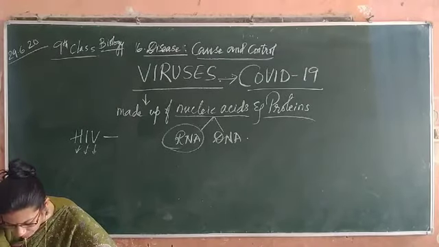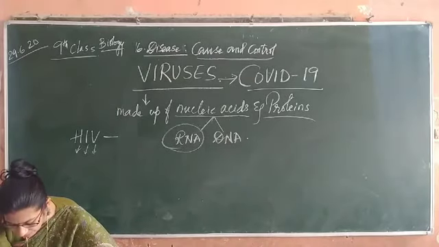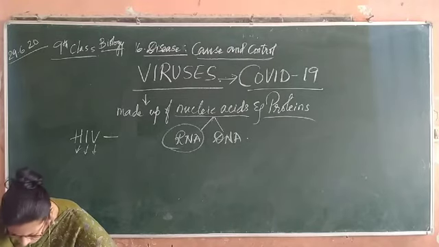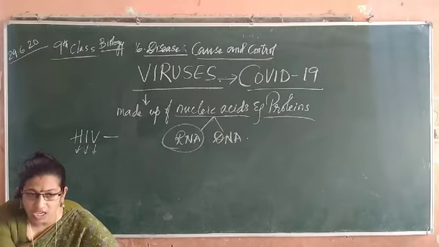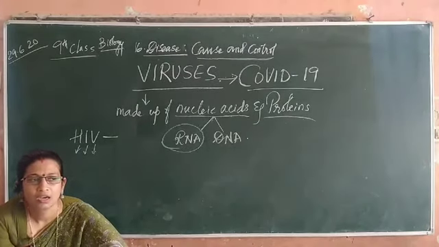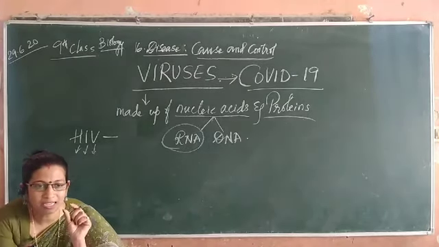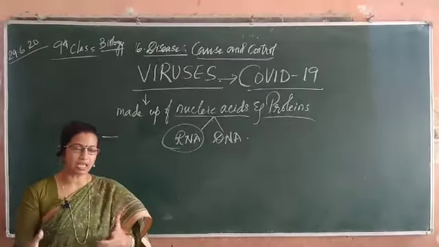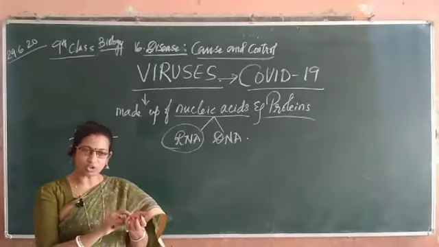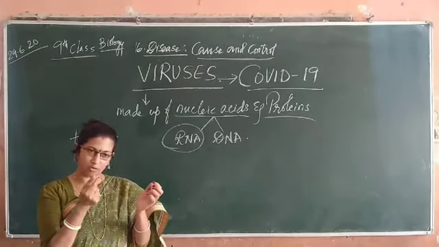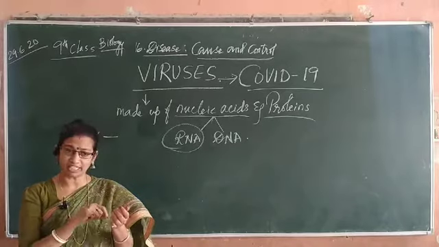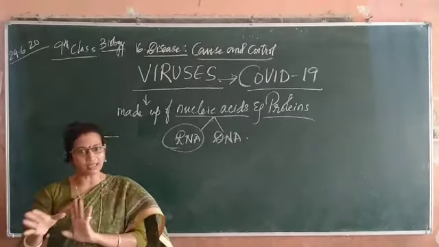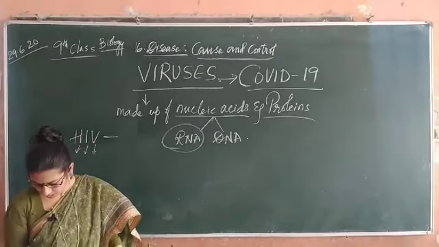Next is chickenpox. Chickenpox is caused by the virus varicella zoster, and it spreads very, very quickly. It spreads through the fluid which is present in the blister. Now what is chickenpox? Chickenpox is your mata, choti mata, badi mata. Now that badi mata, you have blisters on your body. Blister means that round thing which forms on your body and it is having water in it. That watery liquid, wherever it touches, in your body also, to others' body also, it will cause chickenpox.